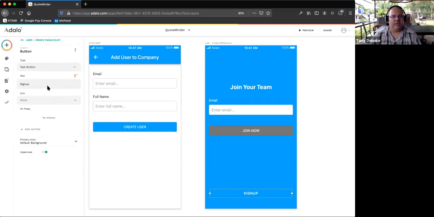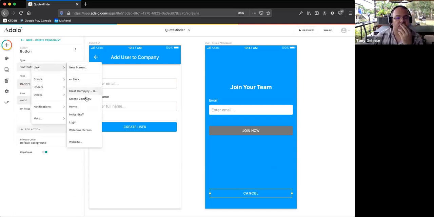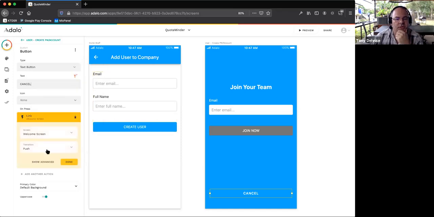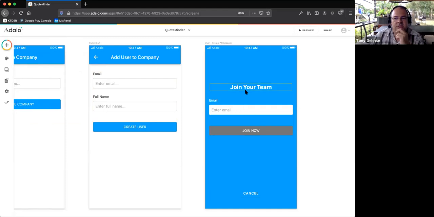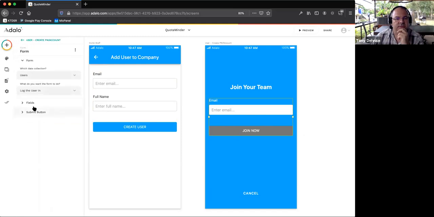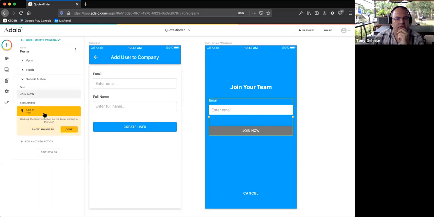And for sign up, we'll just call this cancel for now. We don't need an icon, but this is going to link us back to our welcome screen, so if a user clicks into here by accident, they can go back. Really all we're doing here is changing this button. So instead of logging in, we're going to,